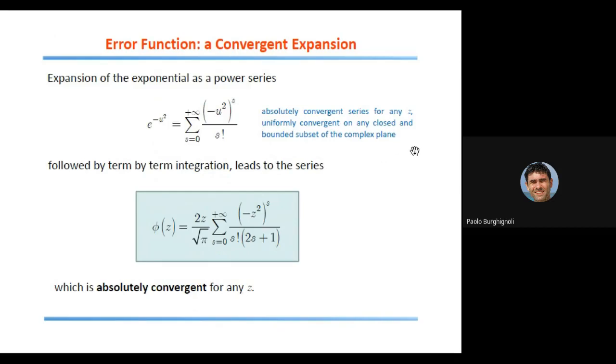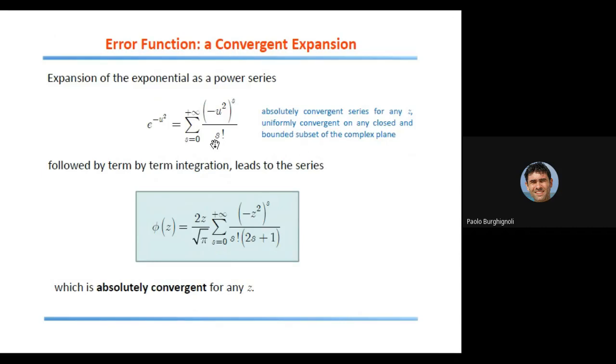Or as they say in short, the series converges uniformly on any compact set of the complex plane, where compact is a short way of saying closed and bounded. Okay, if you then insert this expansion as a power series of the exponential inside the integral sign, and you switch the integration and the summation, which is permissible because uniform convergence allows you to do that, then